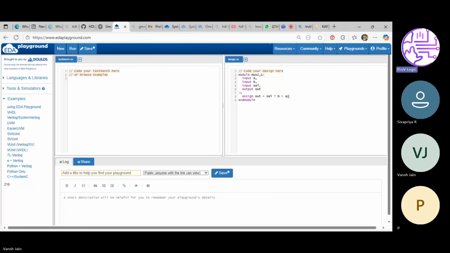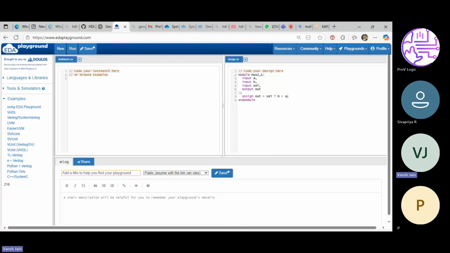Can you explain this code, what's exactly happening? There are two inputs, A and B, and a third input, the select line. In a 2:1 mux, there are two inputs, and based on the select line, the output will be driven.